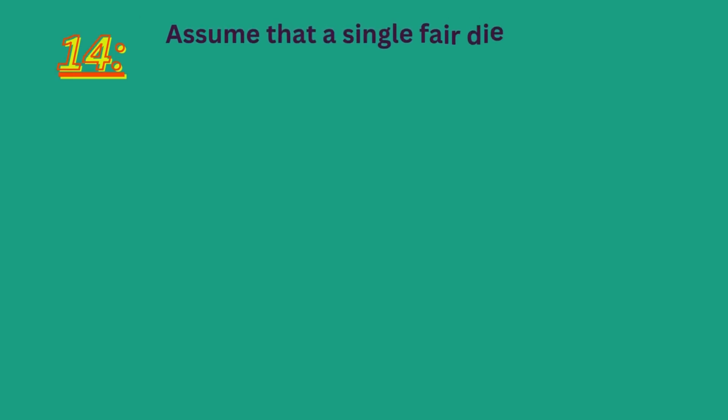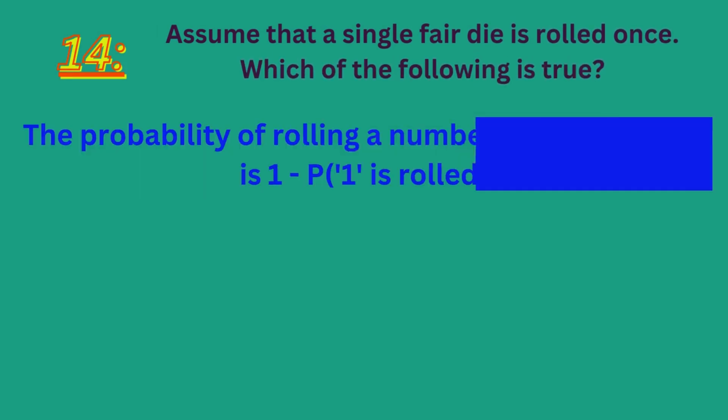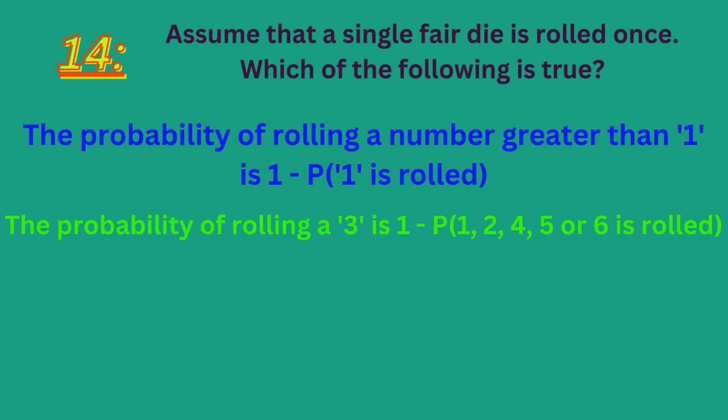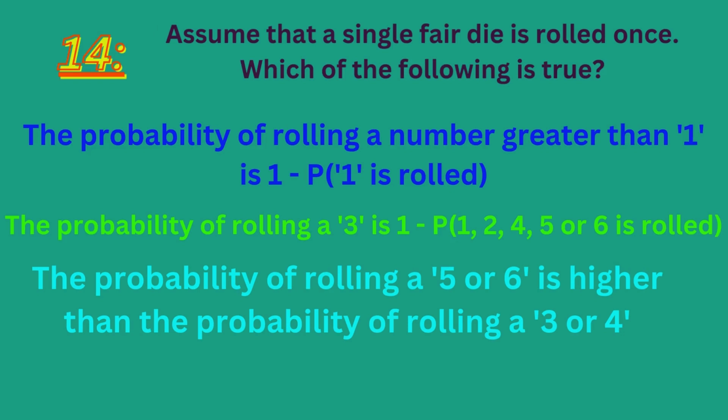Assume that a single fair die is rolled once. Which of the following is true? The probability of rolling a number greater than 1 is 1. Probability of 1 is rolled. The probability of rolling a 3 is 1. Probability of 1, 2, 4, 5 or 6 is rolled. The probability of rolling a 5 or 6 is higher than the probability of rolling a 3 or 4. Both A and B. The right answer is